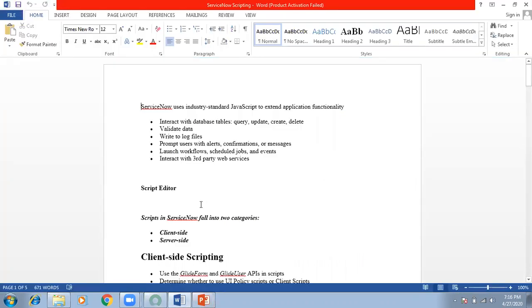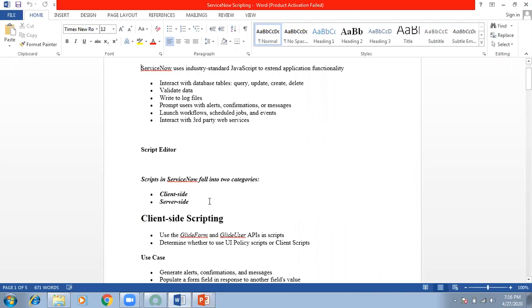In terms of scripting in ServiceNow, mainly scripts fall in two categories: client script and server script. Client is basically on the browser side, and server is where we interact with the database.